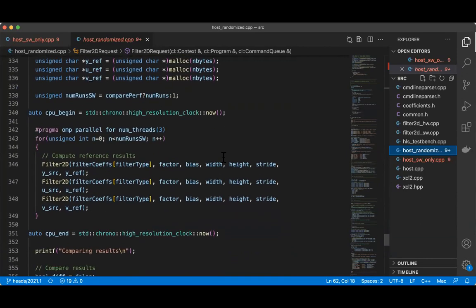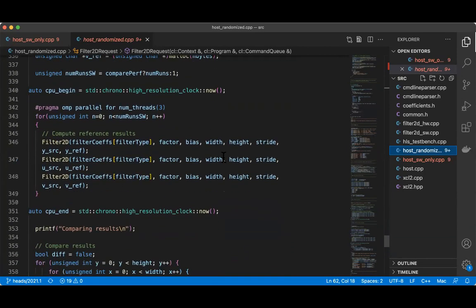So here, if you check the code on line number 342 to 349, we can see this filter 2D function is being called on three different channels. Filter type coefficients are the same.